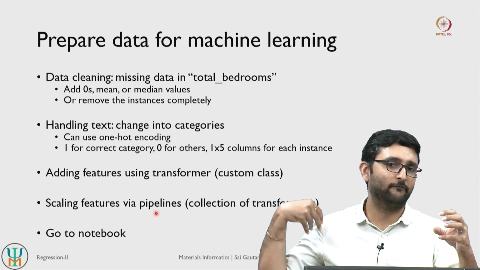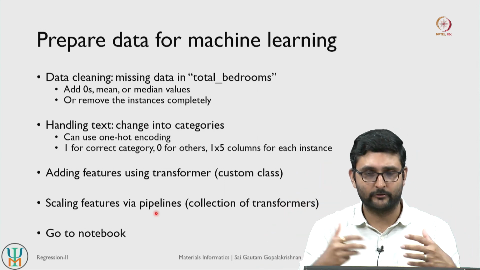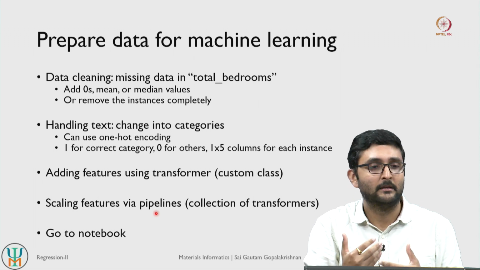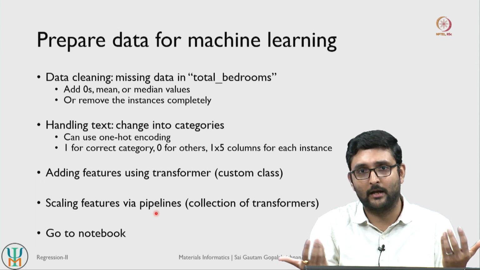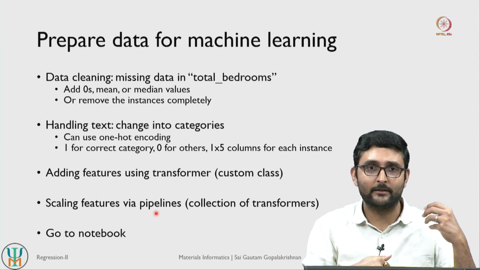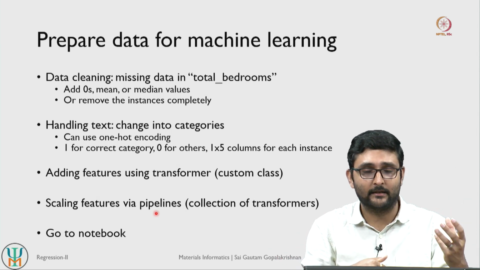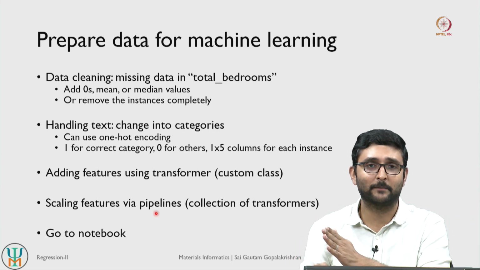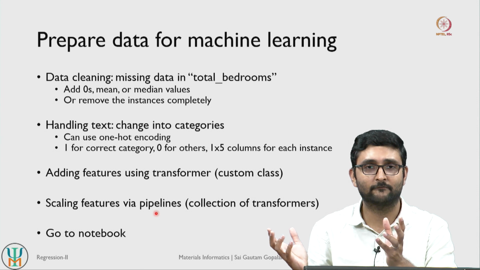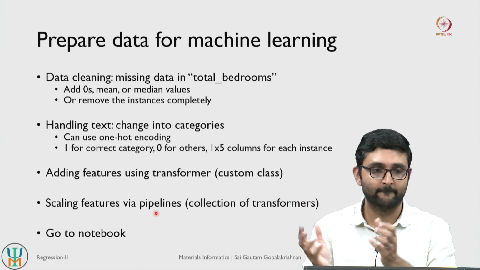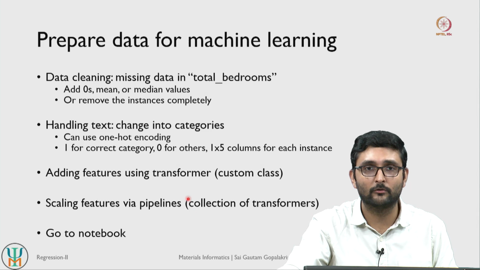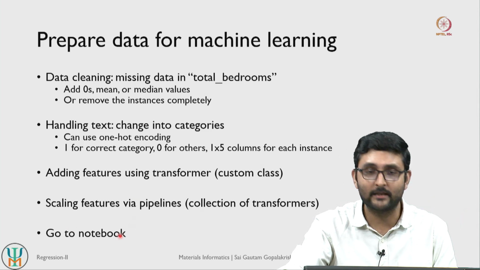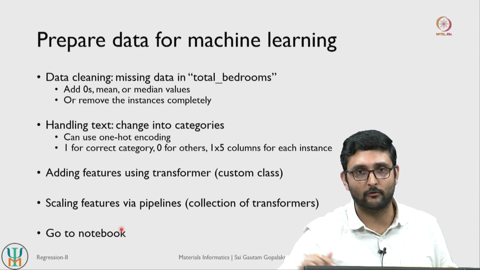So any sort of data that you are dealing with in the future, so that could be a materials related data set, right. So for example predicting formation energies as a function of composition. So let us say you have a new data set, right, that comes in. Once you have built a pipeline, you can simply pass the data set through these pipelines and your data will be transformed and will be ready to do machine learning, right. So we will see how to construct pipelines which are a collection of transformers. So let us go back to the notebook and then we will go through all these exercises.